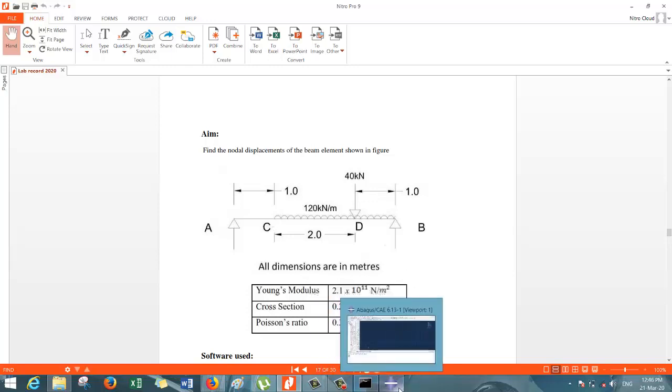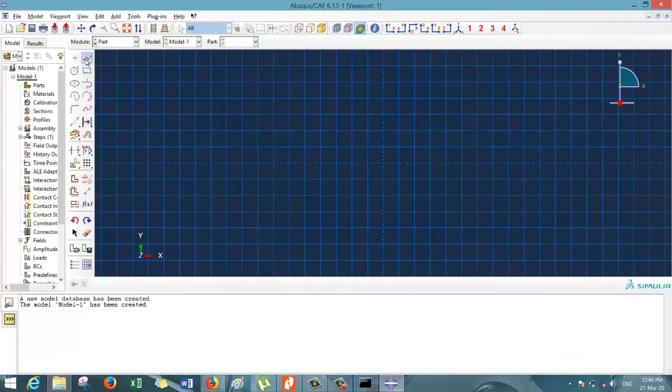Go to Abaqus, create lines. I am modeling as 3 line segments. Click on escape, then click on add dimension.